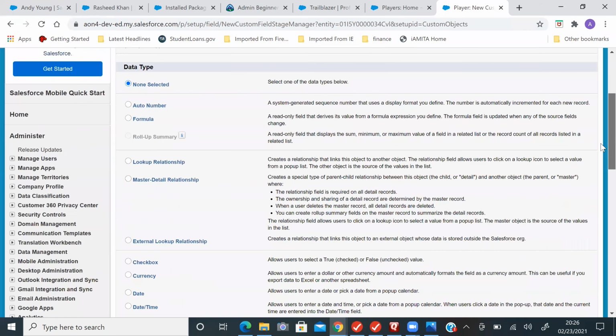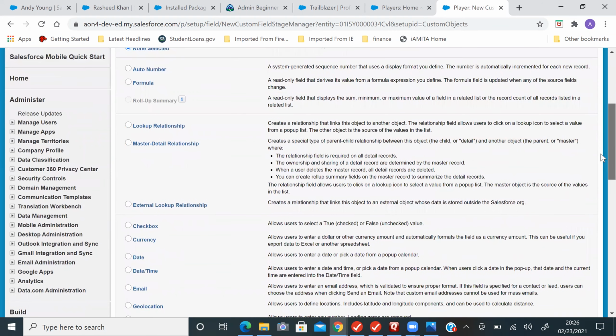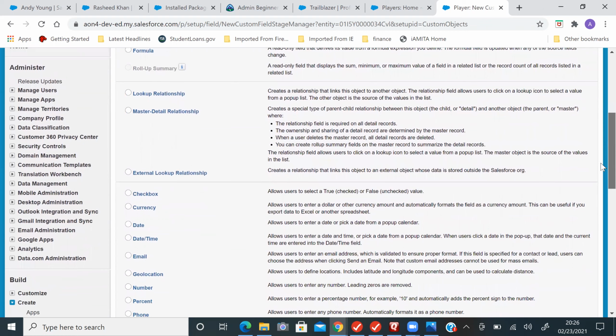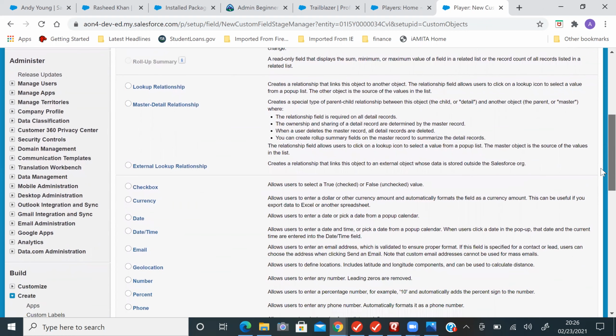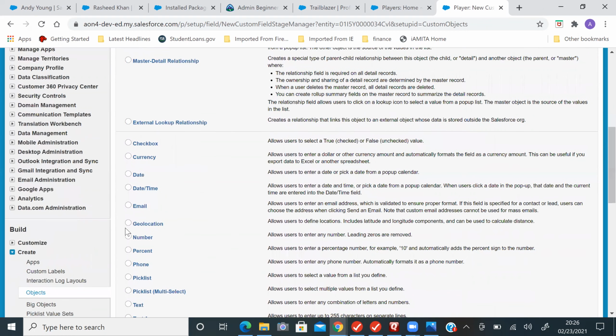Now we are interested in capturing which country this player belongs to. There will be multiple countries, like Afghanistan, India, England, Australia. What data type do we need to select here?